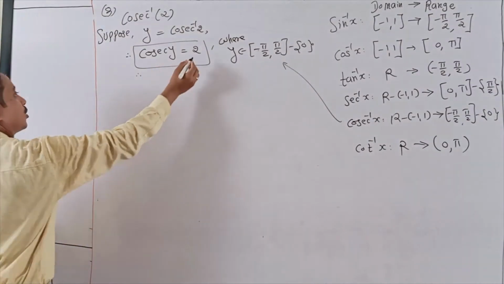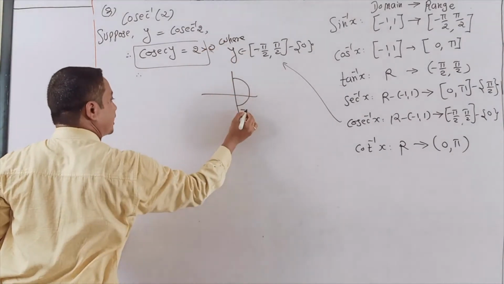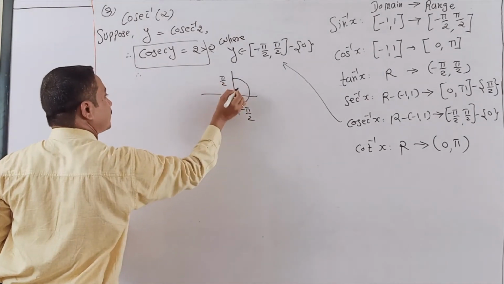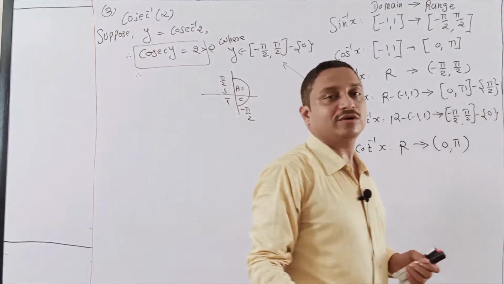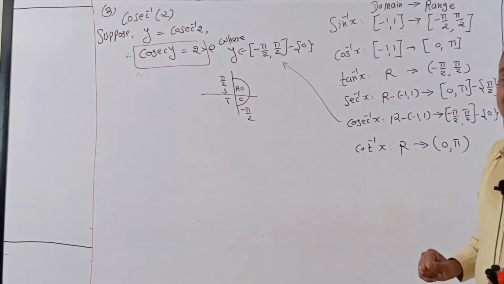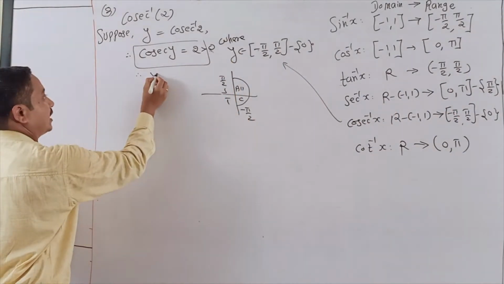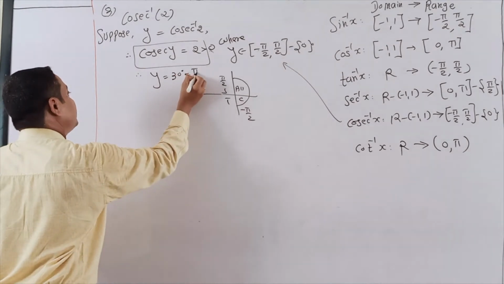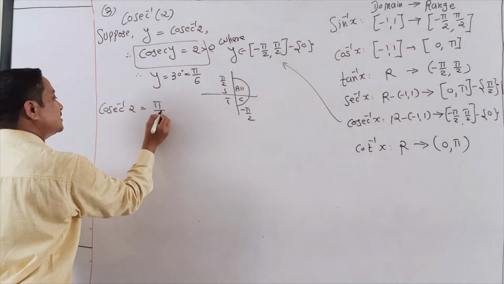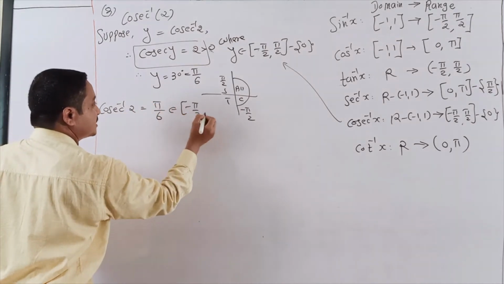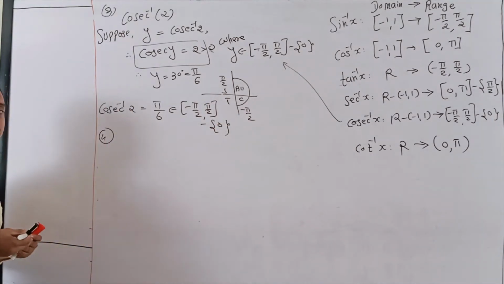Now students, cosec is positive in this range, so write down greater than 0. That's your range, minus 90 to 90, all STC wise. In which quadrant is cosec positive? Yes, definitely the first quadrant. That's why y is 30 degrees, which means pi by 6. So my answer is cosec inverse 2 is equal to pi by 6, which belongs to our range. Necessarily write down minus 0. And here you are happily done.